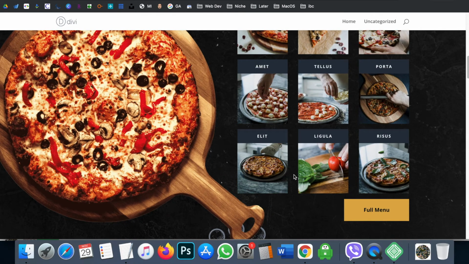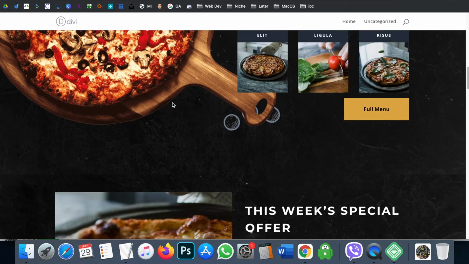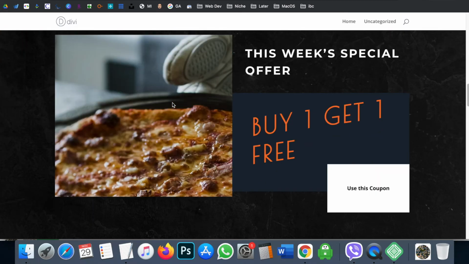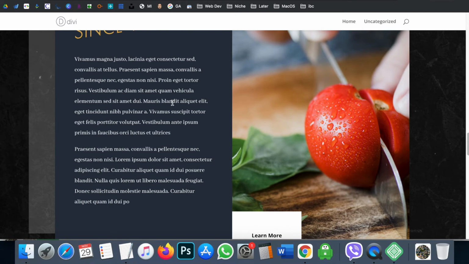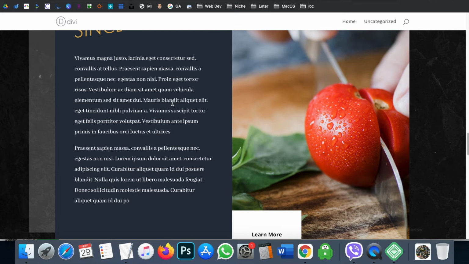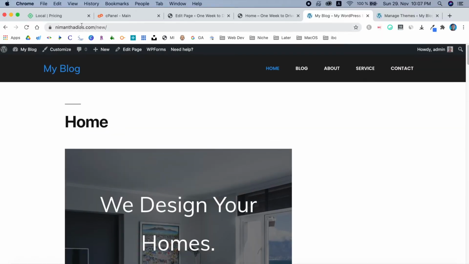Because maybe you guys saw my site's name. So 1 week to drive or something I put, but it's a pizza template. Just doing this for you guys because I don't want to waste your time, and I don't want to choose the best theme which matches my website name, I just want to show you. So this is a live version. So let's imagine this is the newest domain.